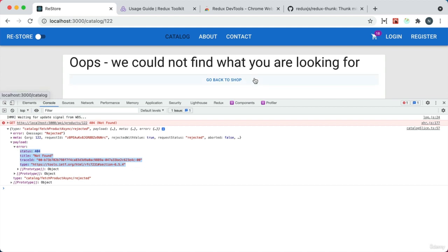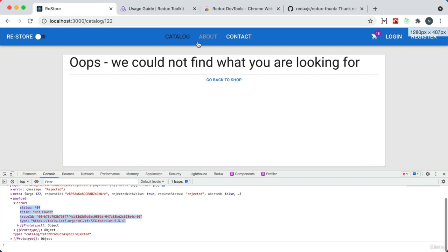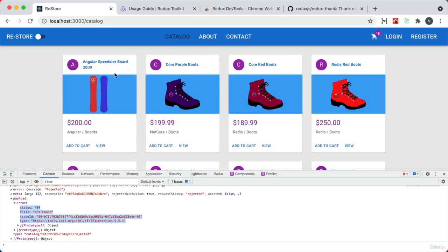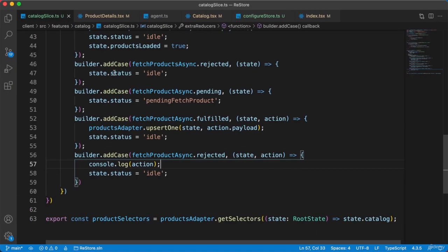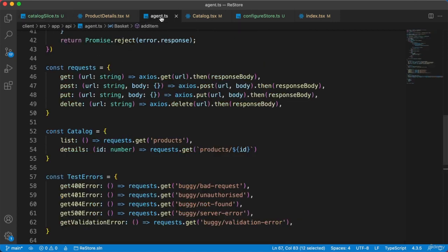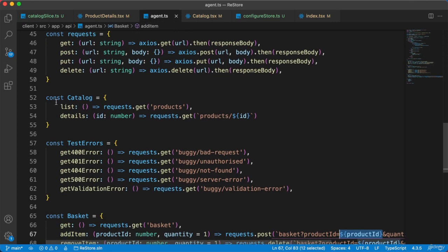But now we're properly rejecting the error in this case. Let's take a look at another example in our catalog. And we'll need to do something to generate an error here. So let's head back to our code, and inside the agent.ts, what we'll do to test this is we'll just use one of our API